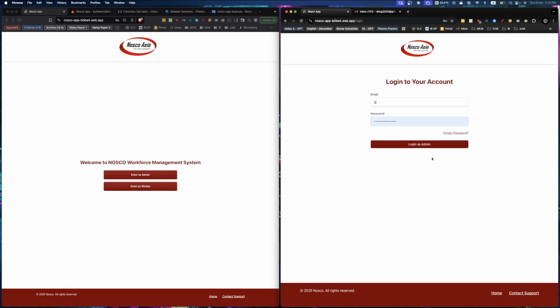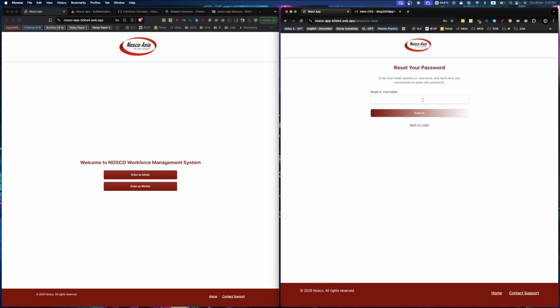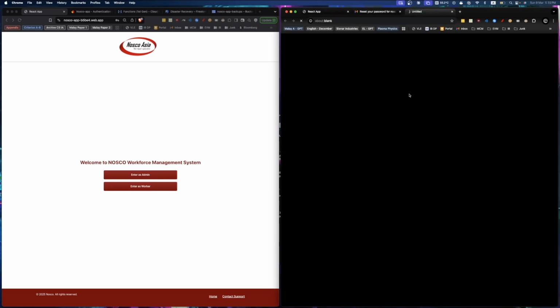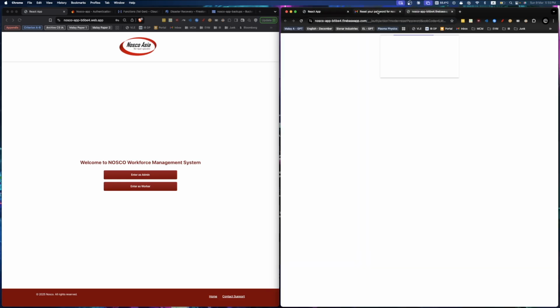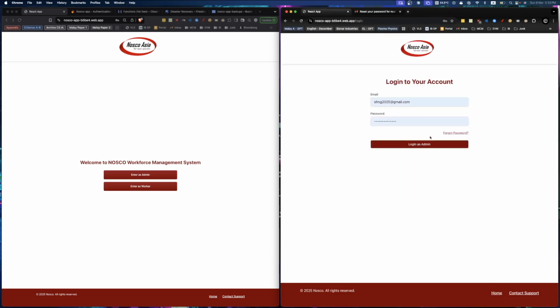If the email is invalid, and if the password is wrong, we cannot sign in. If we had forgotten our password, we can go into this page. Once you fill in the account that we actually want a reset on, we get a link from Firebase to reset our account. To log in,